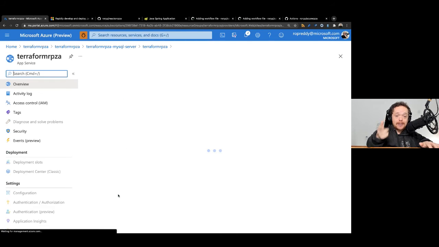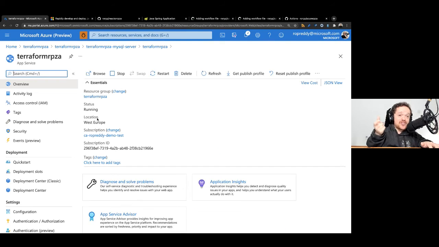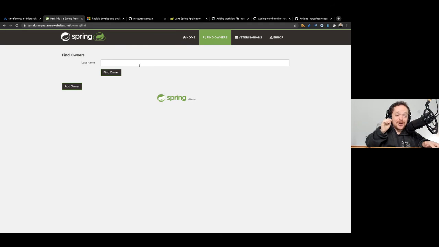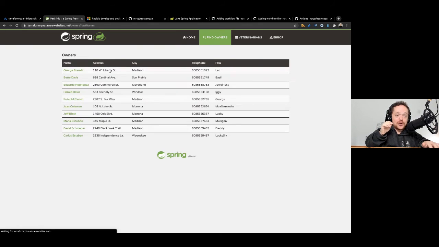And if I go into application services and I browse it, I've got the Spring Pet Clinic running with Terraform, with GitHub Actions, and you can follow all of that with the Microsoft Learn path that we just released today. Including that is Redis. You can see that that's the data there, and that's pulling it from MySQL.